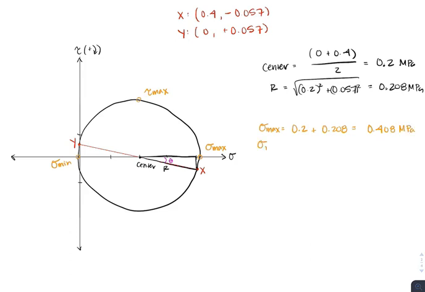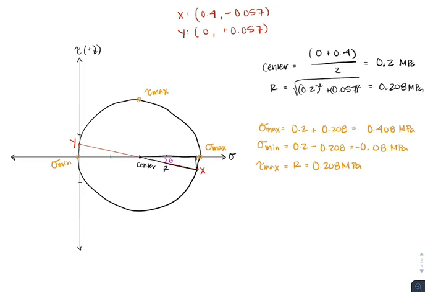Similarly, sigma min, the other principal stress, is the center minus our radius, 0.208, which gives us a value of negative 0.008 megapascals. Those are our principal stresses. If we wanted to find our max shear stress, tau max, that is just equal to our radius, which is 0.208